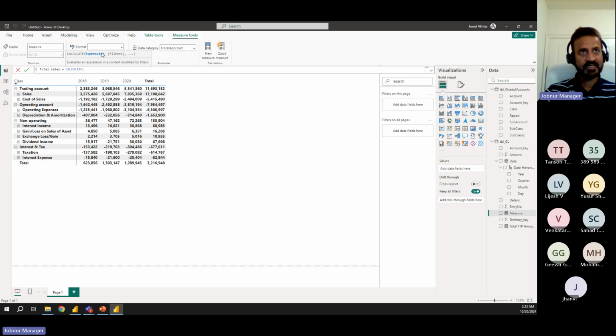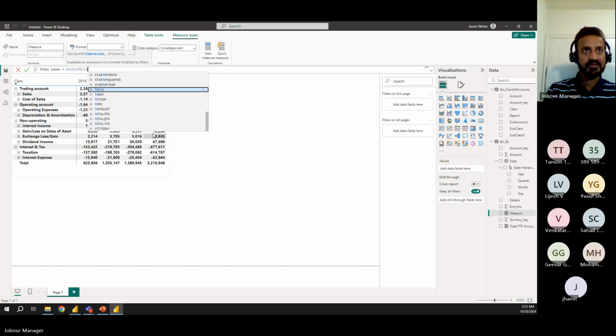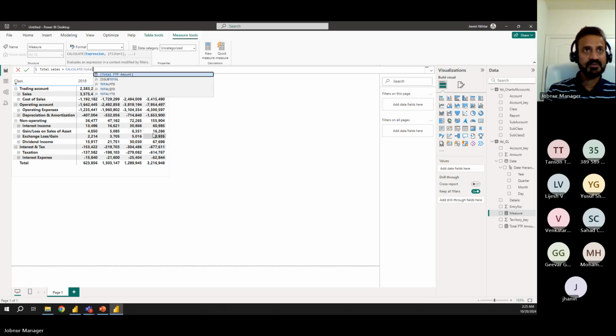So calculate the expression here, which is total FTP amount with the filter